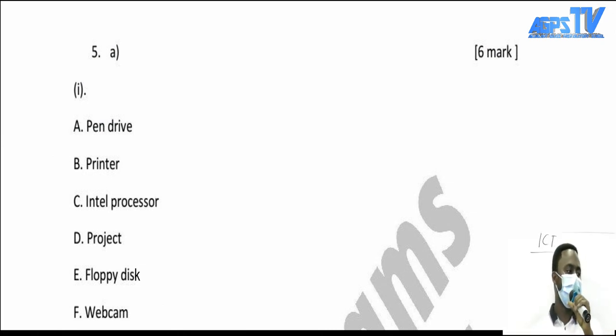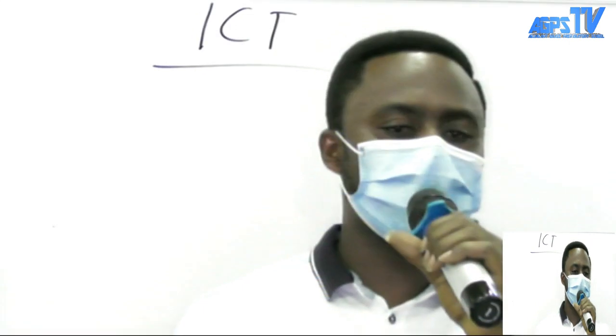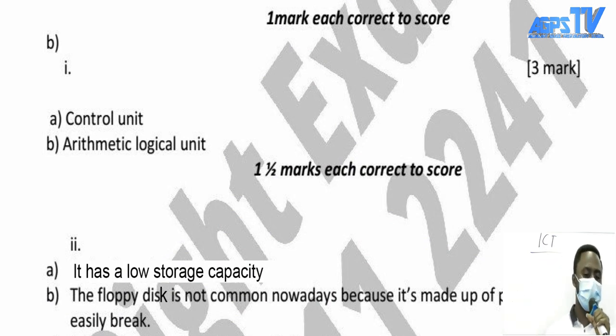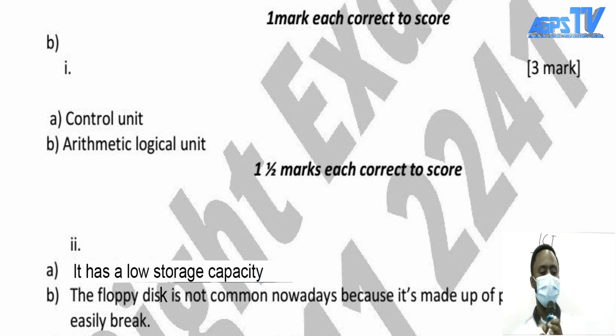Now, what are the components of an Intel processor? Good. We have the control unit and the arithmetic logic unit. The arithmetic logic unit and the control unit make up the Intel processor. Good. Then the next question,